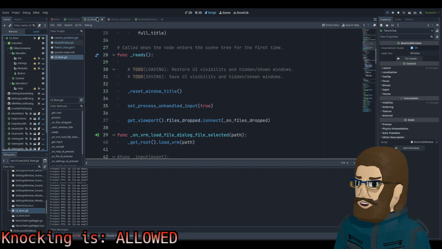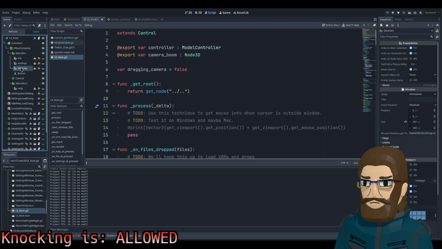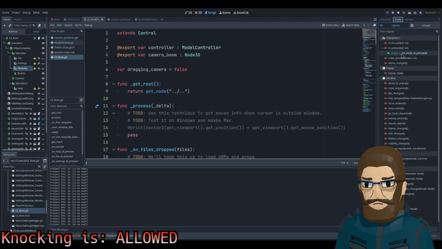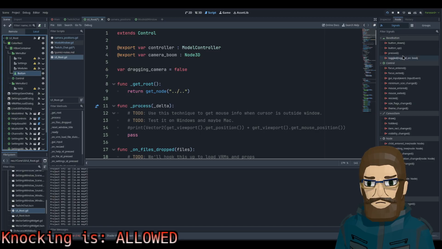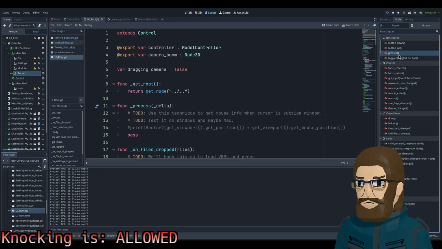So then in here, this has a node ID pressed, pop-up menu, then button pressed, connect to script. I don't know if that's right. Well, no, hold on.